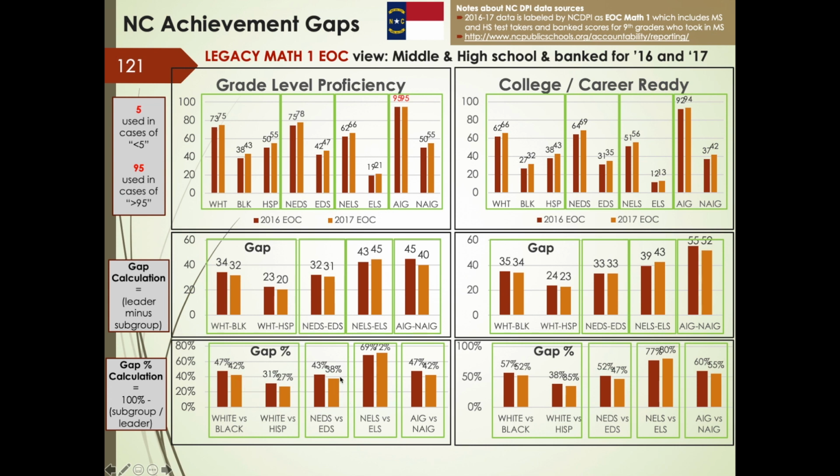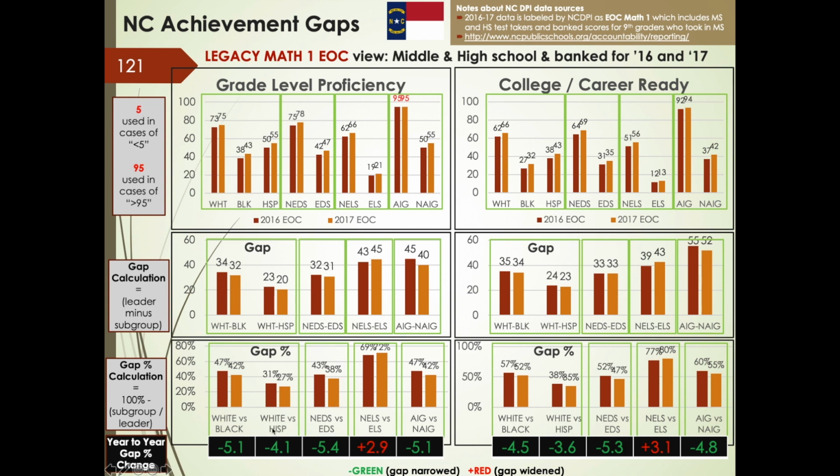These gaps got smaller in this case, this one went up a little bit, and this one went down. Then we're also going to show a little table at the bottom that just shows those differences. So anything that's in green is going to be a negative number. So that's showing the achievement gap got smaller. Anything that's in red is going to be a positive number, and that's going to show the achievement gap got